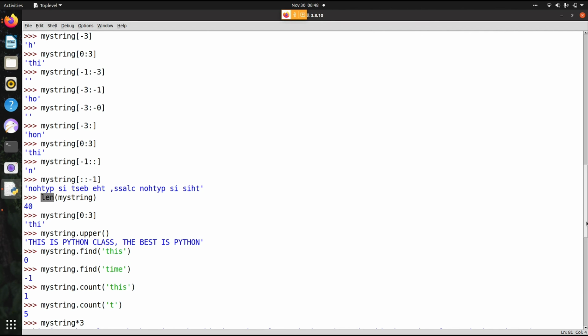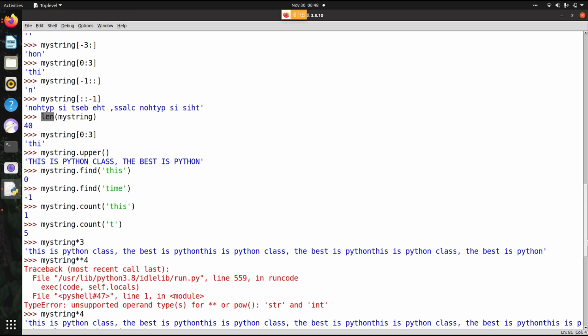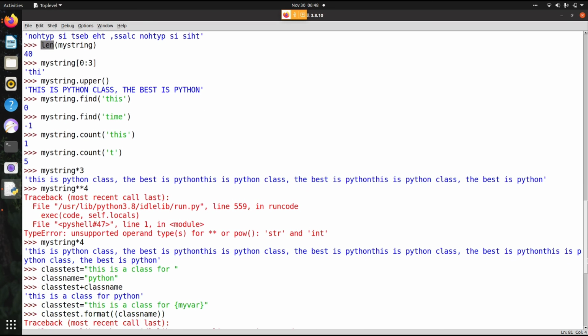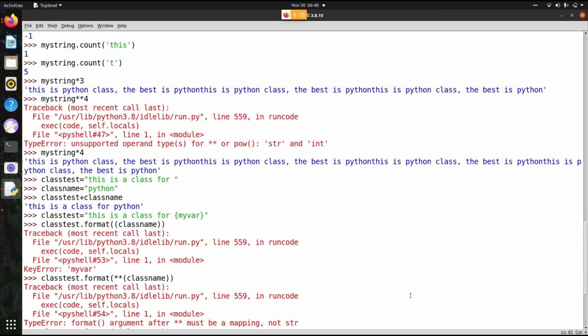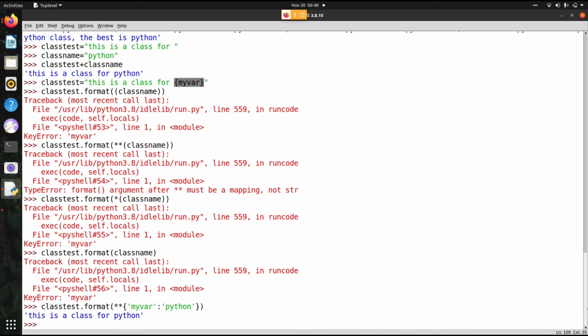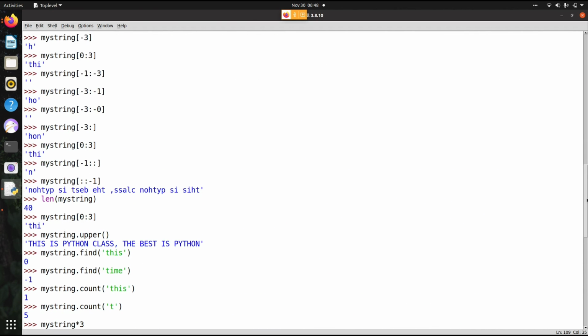And we have seen the methods of string that are inside, normal things like find and count. And we can multiply the strings as well, and replace the values inside a string. And we will still have some more string conventions that we will see tomorrow, along with 2 to 3 problems. And yeah, that's it.